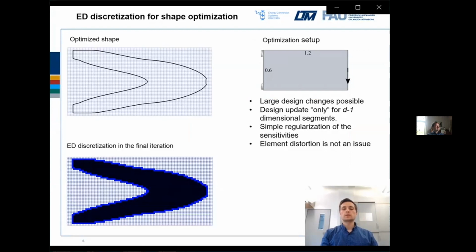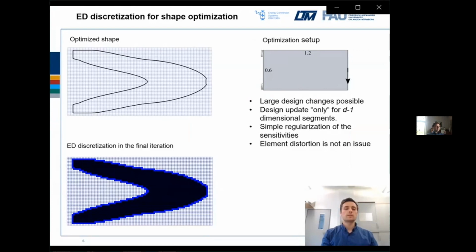Node-based shape optimization can be performed using embedding domain discretization. The vertices of the boundary segments of the embedded body B serve as design variables. In this way, the shape is explicitly represented by the boundary segments. The computational domain, however, remains unchanged during optimization, and only the segregation of the elements into inner, boundary, and outside